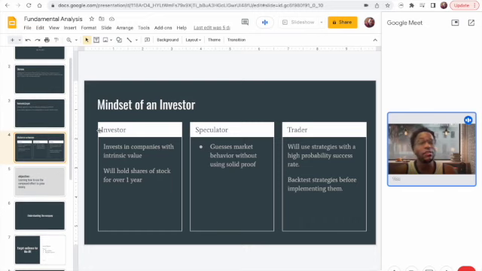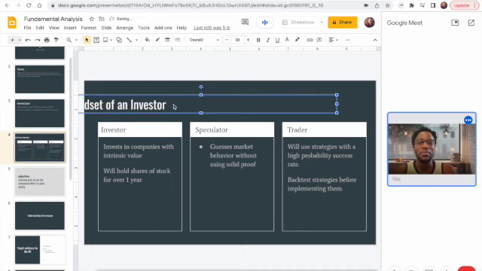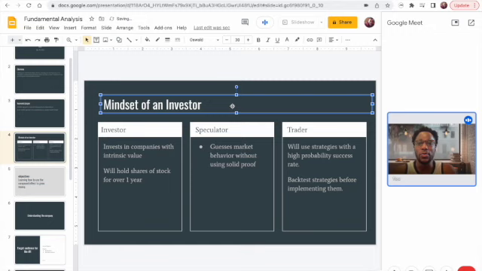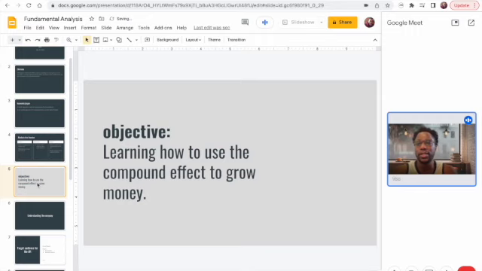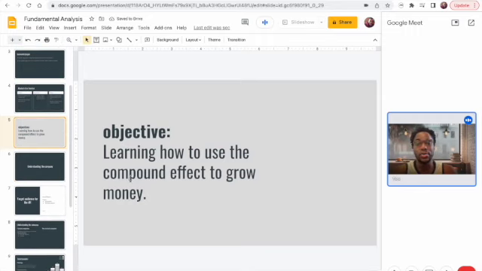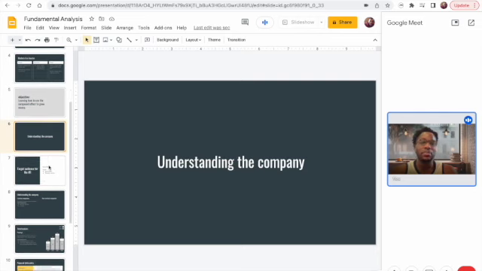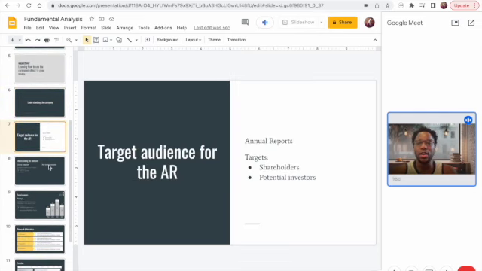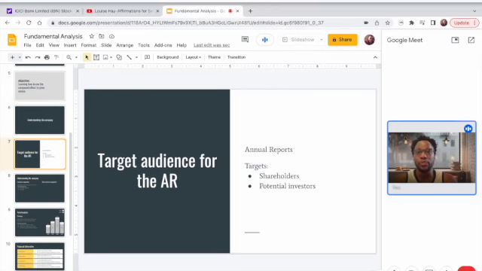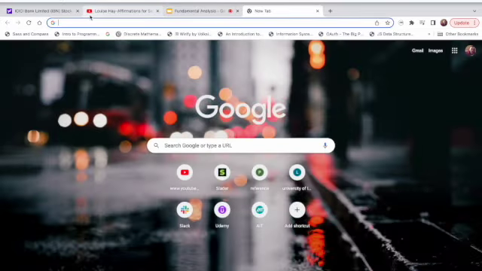The mindset of an investor, hence be an investor. Don't be a speculator, don't be a trader. Just buy good companies and use the compound effect. And you're going to grow your money by using the compound effect. So now you're going to understand the company how? By looking at its AR, its annual report. Annual reports are provided to you